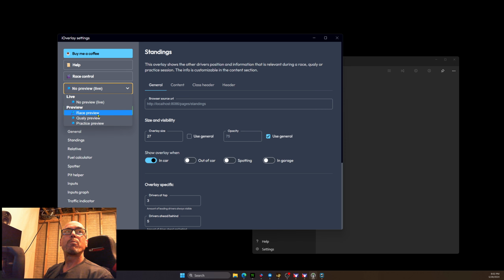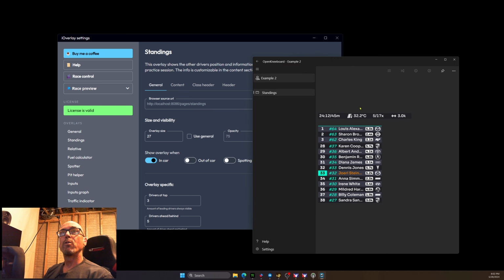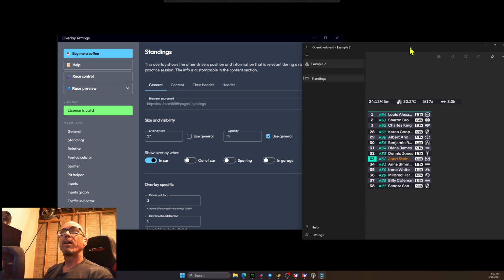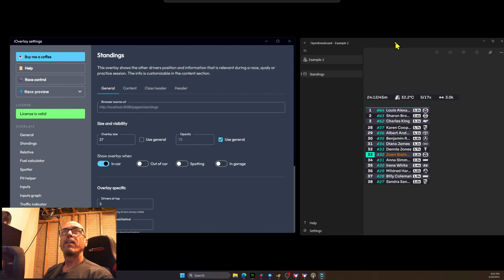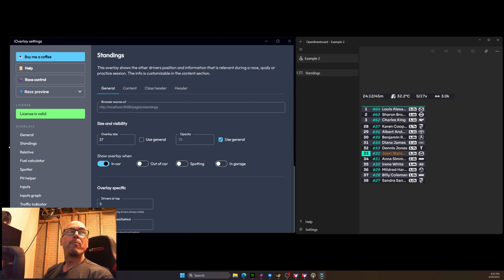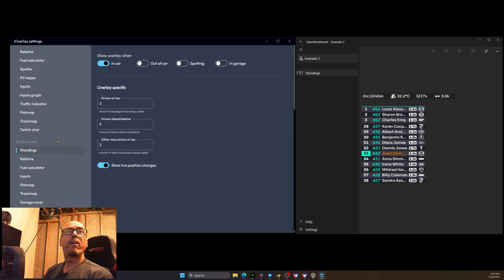So I want to have a race preview so that something is pulled up so I can see it. And this will just be kind of an example, right? So that's what you're seeing right here. And what you're doing at this point is basically, you can go back down over here in the iOverlay settings,